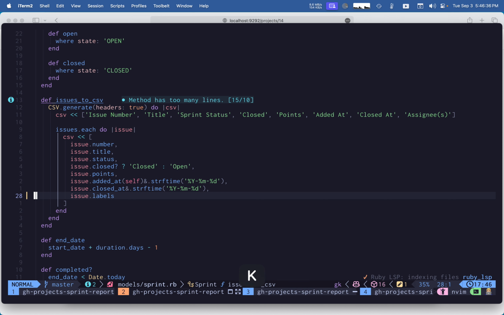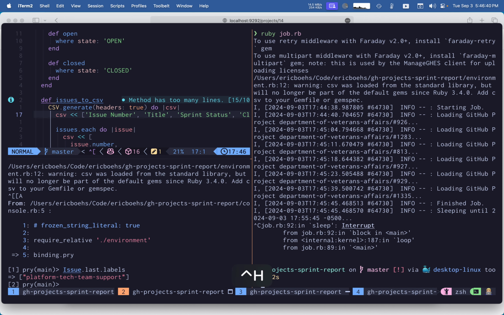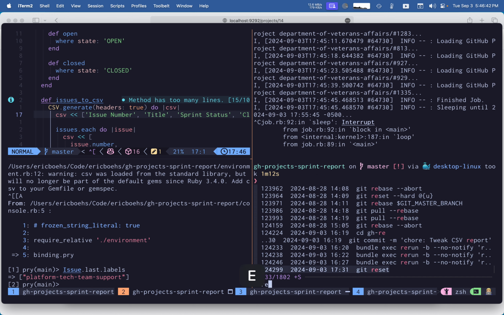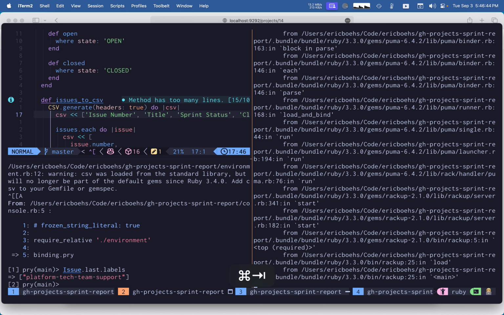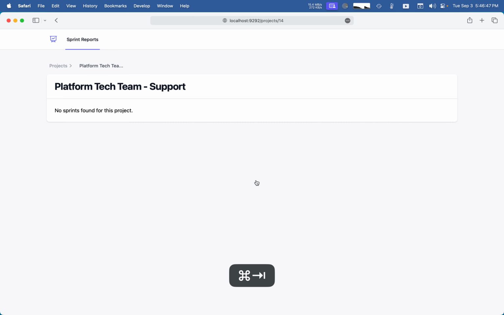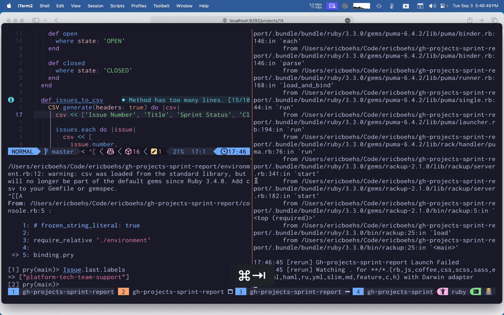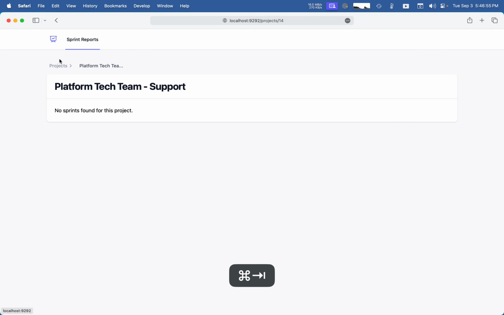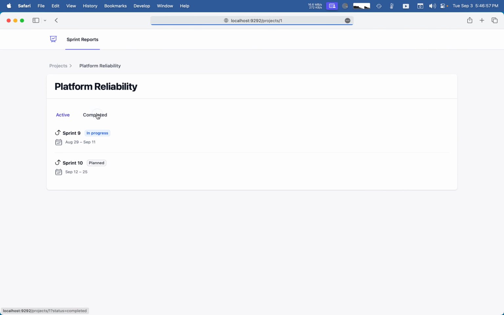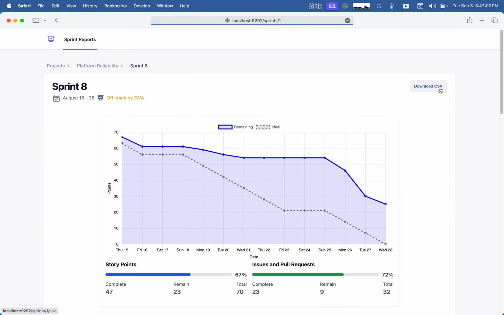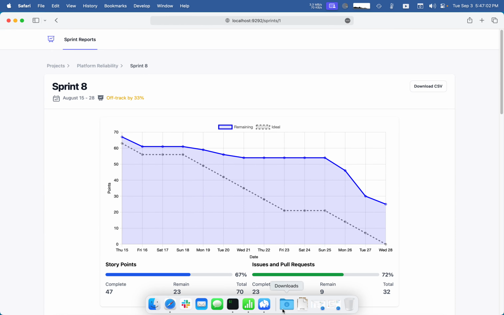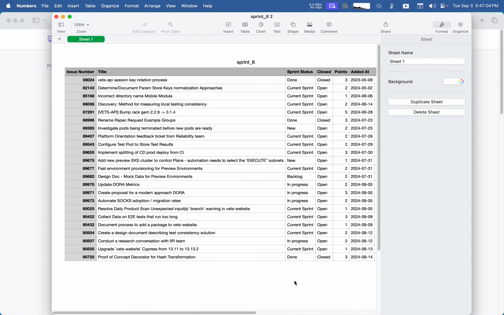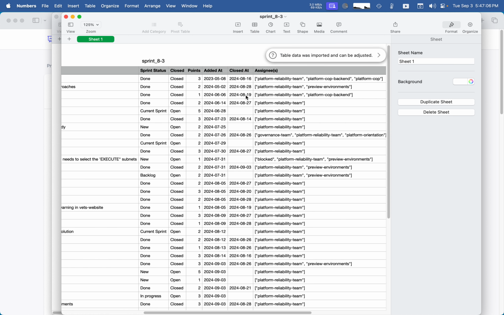Okay, this would be okay, but I'm not sure how the CSV will react. I'm going to fire up the console or the server, and was it already running? It's already running here. Okay, and go to a completed sprint. Download the CSV. Open it up here. Okay,